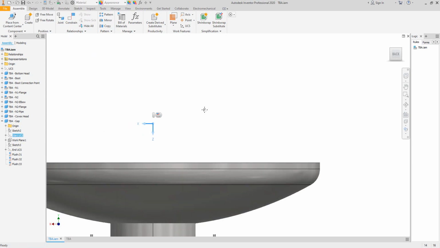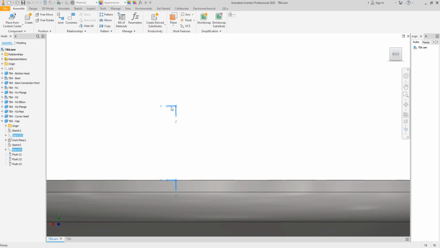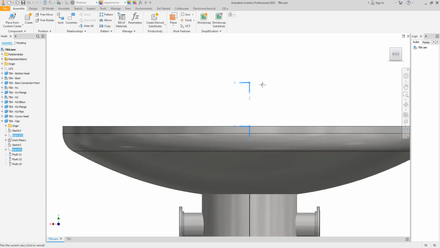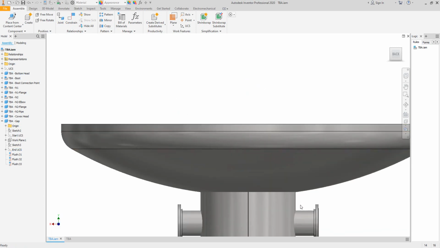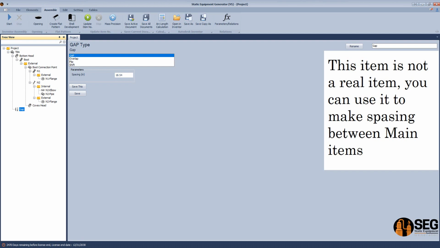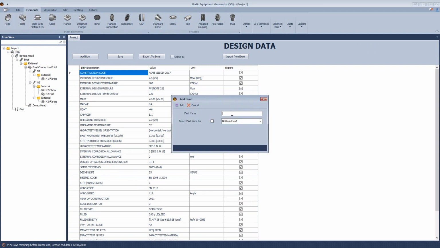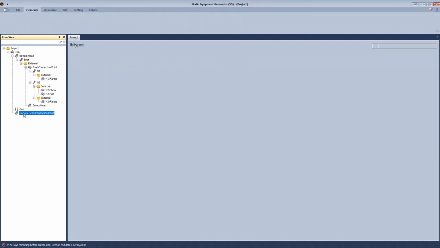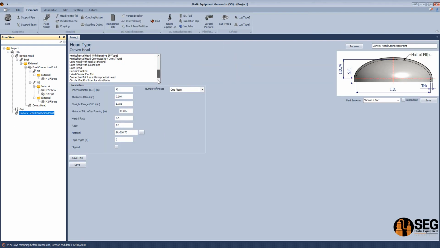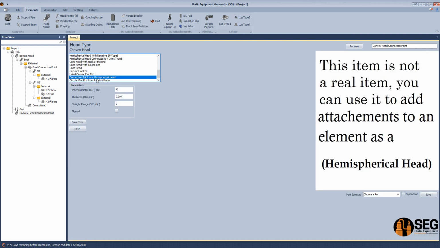Okay, located here, at that point. From here we will use this point to create an unreal element that looks like the hemispherical head. So let's select the bezel again, and from elements let's add a head as a convex head connection point, and click create. From here, if we come back down, we will find a connection point as a